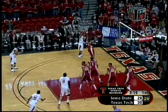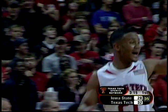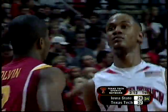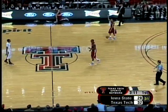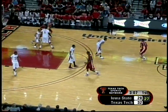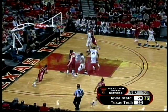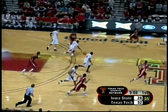Oh, Darko with a spin. He sees Robertson open on the other side. Nice job by Chodarovich to see Robertson wide open over in the corner. Well, who's really got the hot hand for the Red Raiders? It's John Robertson, who has scored 3 of the last 4 Red Raider buckets. So Darko making the wise decision to get his guard the basketball. 8 points for Robertson. The miss